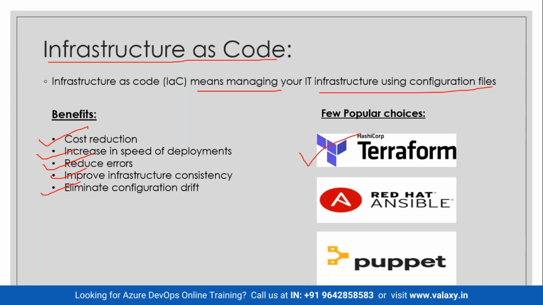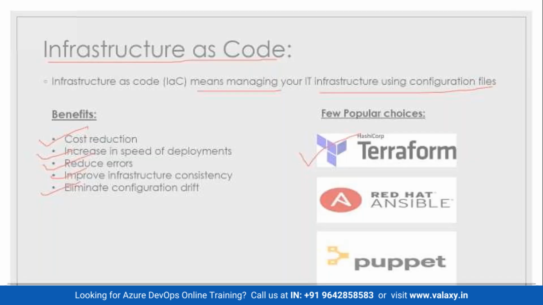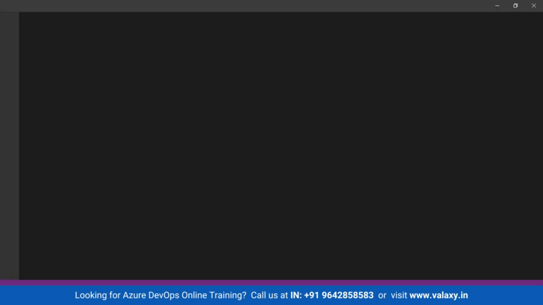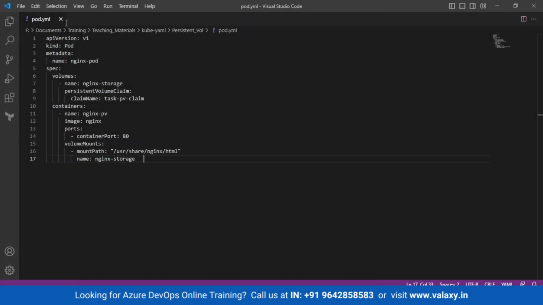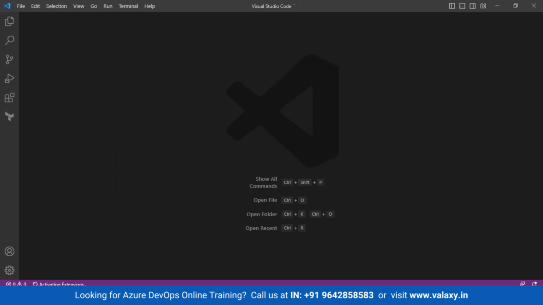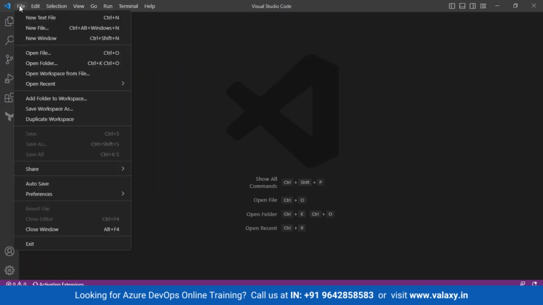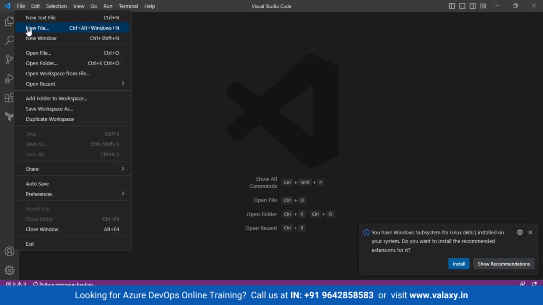The first thing in Terraform, you need to understand the Terraform workflow. Okay, before even we go and write any sort of configuration, we need to understand the Terraform workflow. Don't worry about the configuration, we'll understand how to write configuration in great detail. But for now, we need to install Terraform workflow. So once you open the